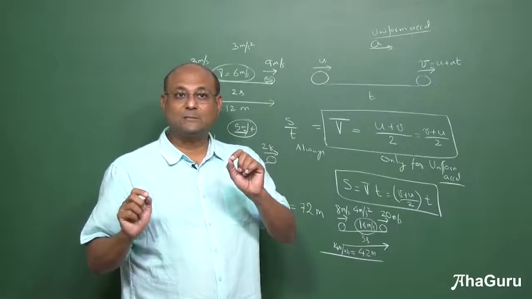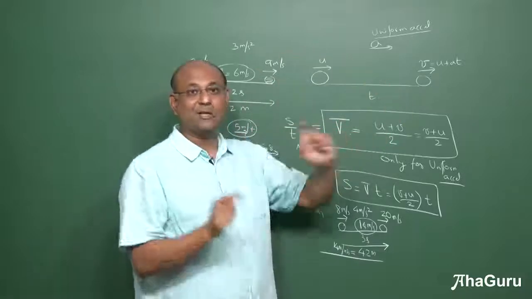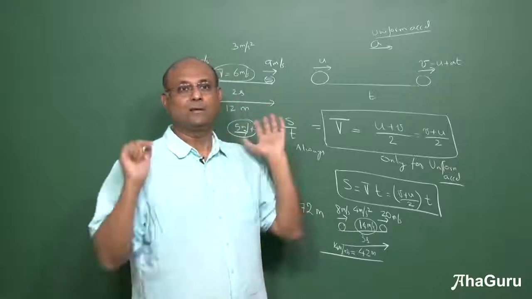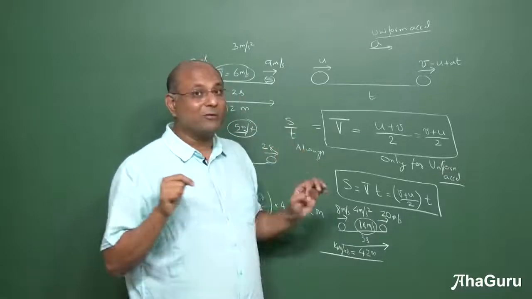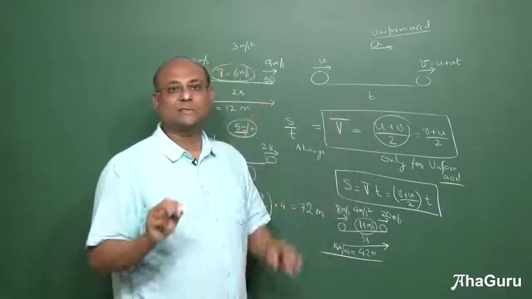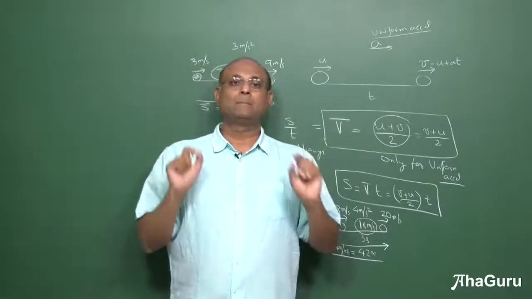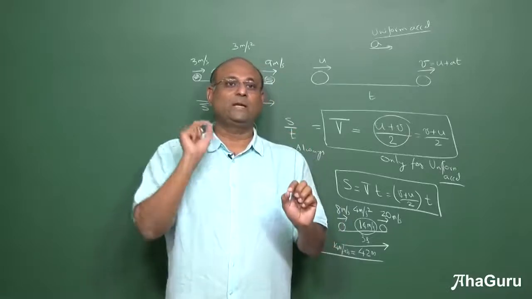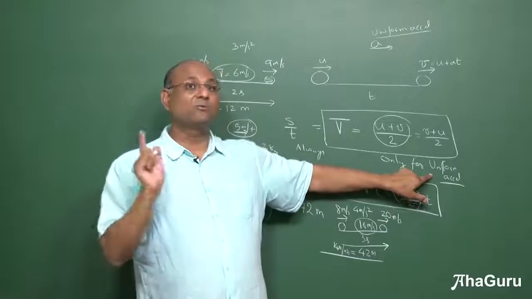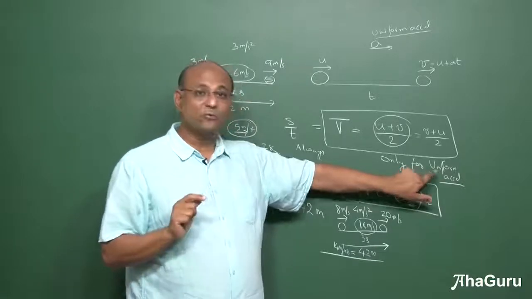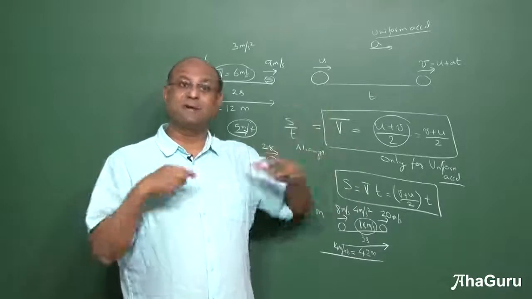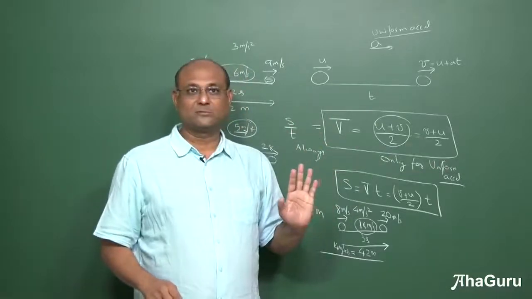So do you understand how to calculate displacement? Once you know the initial velocity and the final velocity, average velocity is initial plus final by 2 into t. But this is not the only way we are going to learn how to calculate, but this is a very, very powerful and very important idea that average velocity is initial velocity plus final velocity by 2. Remember, this is NOT true if this was not uniform acceleration. This is only true for uniform acceleration. Displacement by time is true in all other cases, everywhere, including uniform acceleration. So I hope that is clear.